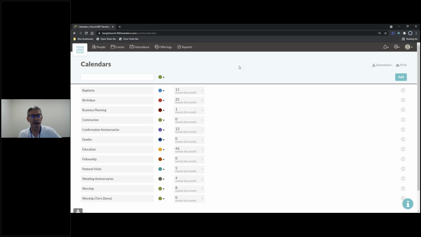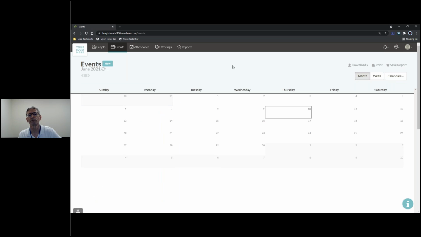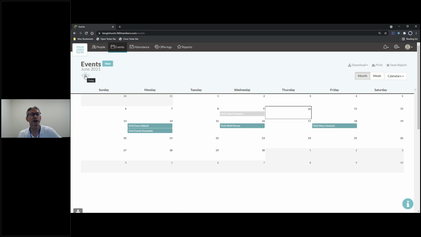Let's go ahead then and move on to our next step, events, and talk about the events view. So here in the month of June, let's talk about the navigation here first of all. In the upper left corner, we've got the heading events. The new button is right next to it. That's what we'll use to create additional events to put on any one of those calendars that we have in